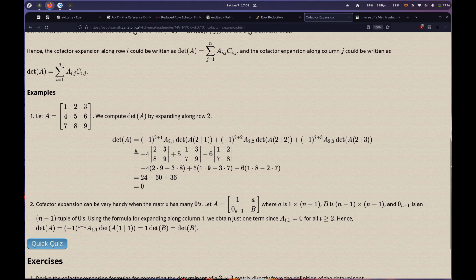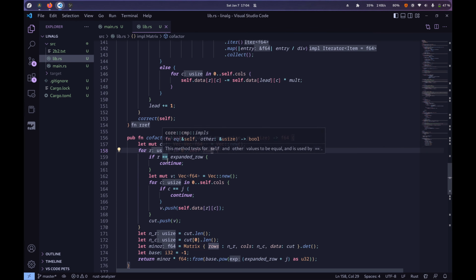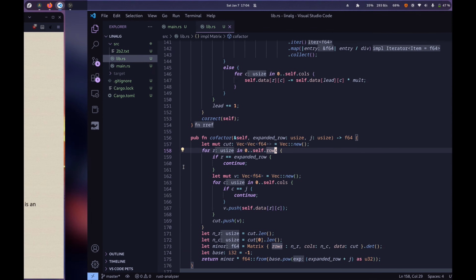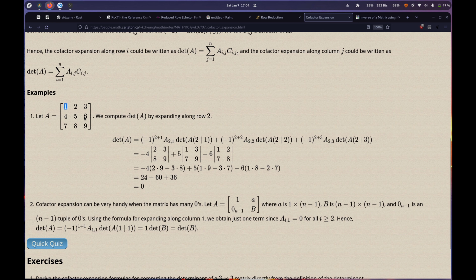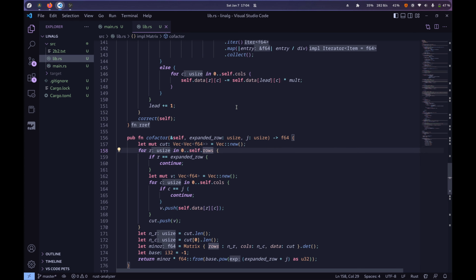And so then we're on the next row, row 2. But wait a second, we want to eliminate row 2. So our first if check over here registers, and then we continue. So we ignore the entire row 2. And then here we're on row 3. Oh, we're on column 1 right now. We ignore the 7, we push 8, 9, we get this 2, 3, 8, 9 as the new matrix, and